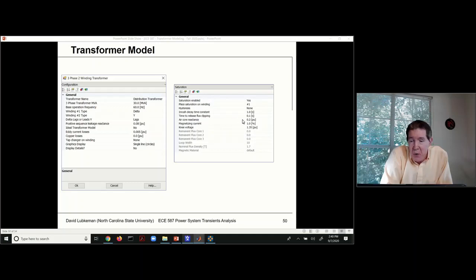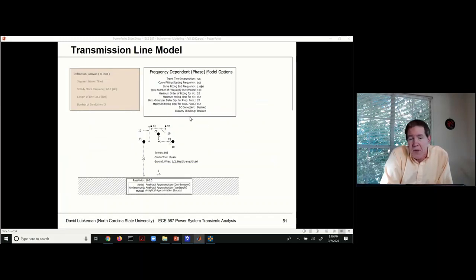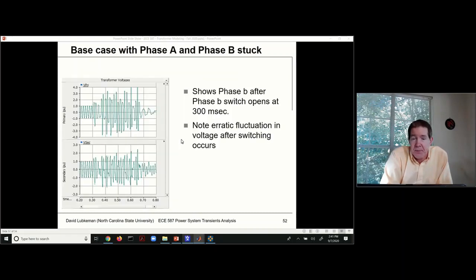And again, I've got an air core reactance in here. I'm putting in a magnetizing reactance. Something else you see in this model too, which we'll get into in the next section, is the transmission line model. This is the way you would represent this in PSCAD: you can show the spacing between the conductors, and it'll go through and calculate the different impedances and capacitance, which we'll talk about next lecture. And then when you run the simulation, the switching occurs at 0.3 seconds,